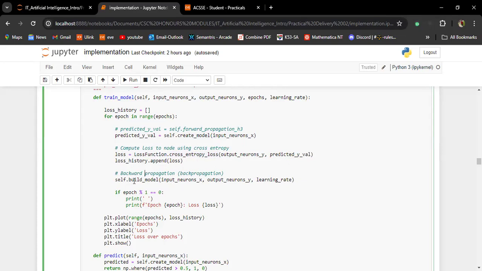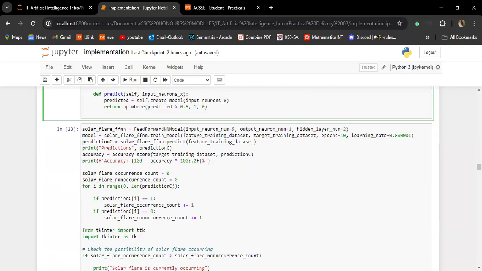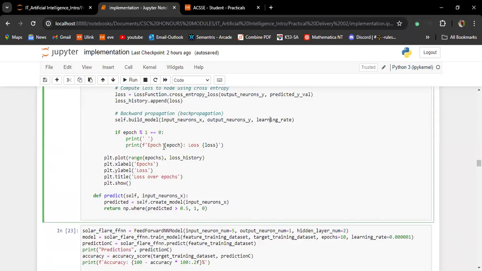When adjusting our weights, we use the build model. The build model uses input neurons, which are our feature variables, the target variables, and the learning rate as part of that. From there, it prints out the loss that is being computed and plots the graph between the loss and the epochs,